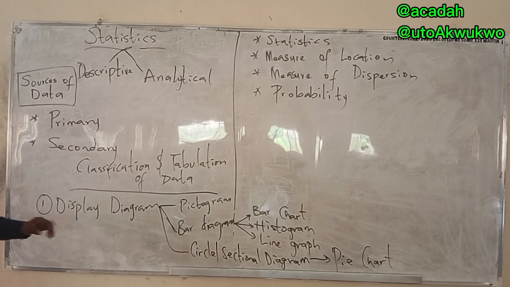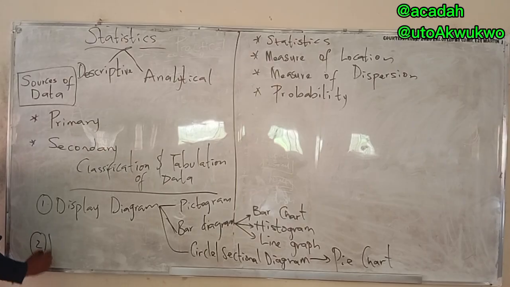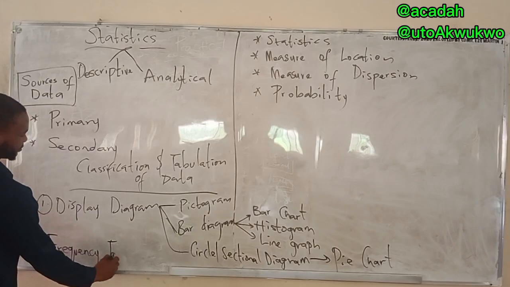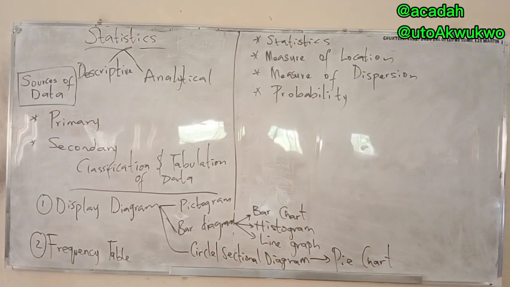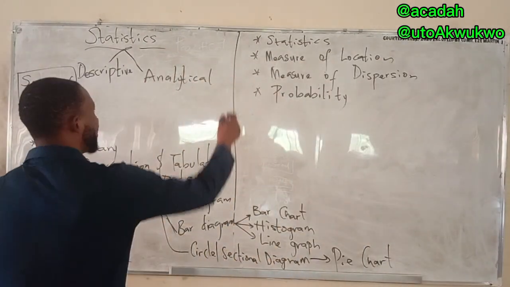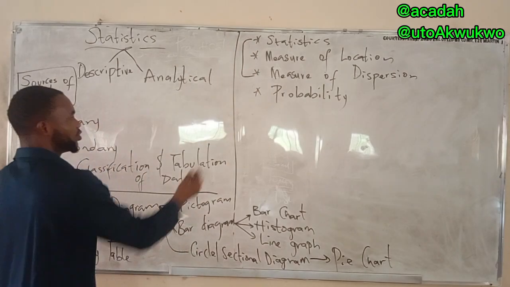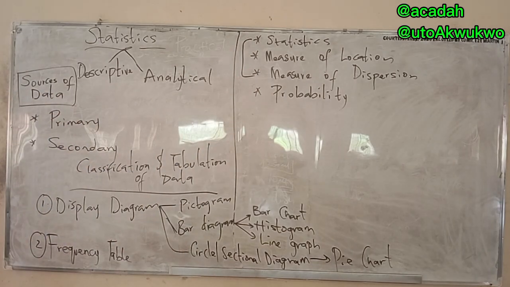The second one is what we call frequency table, or frequency distribution table. It's important to note all these things because once we start calculation under this, I wouldn't want to be repeating it. For today we are treating this. Next Saturday we do only probability. We need to know how to do this frequency table, when it's grouped data and when it's ungrouped data. How do we go about it?